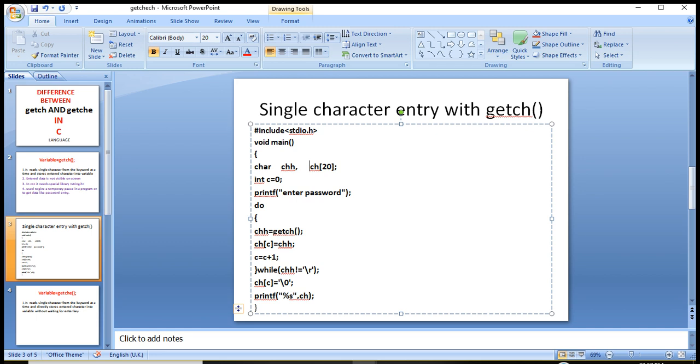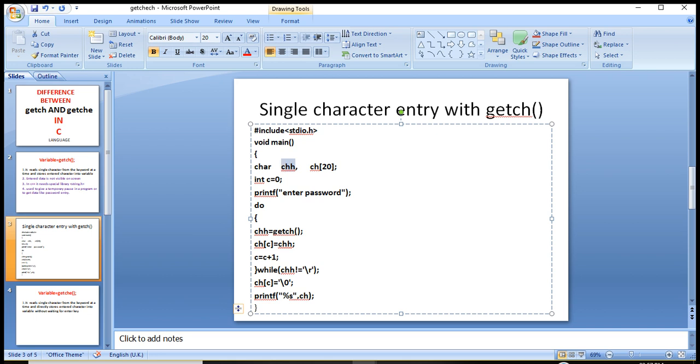Array index always starts from 0. What is an array? Array is a set of more than one values. Array allows us to store more than one value at a time. In the chh variable, we can store only a single character at a time.